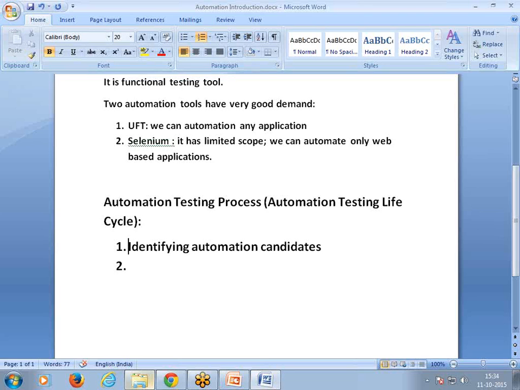So at the time of doing your manual testing, it is the responsibility of the test manager or test lead to identify some reusable or repeated test cases that can be automated. By automating those cases, what benefit can we get? That means how many dollars we can save for the client. So they have to do some analysis and feasibility before starting an automation project. They have to do feasibility by first identifying automation candidates, what test cases can be automated, and then